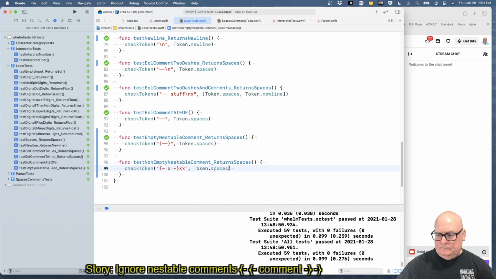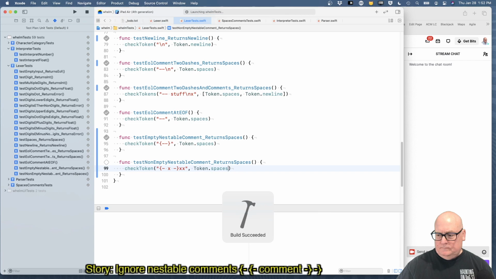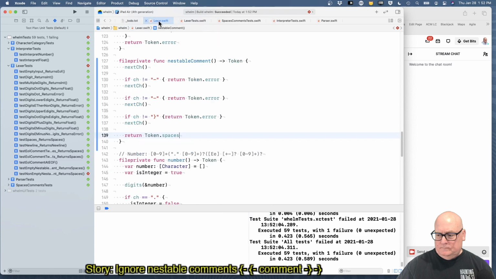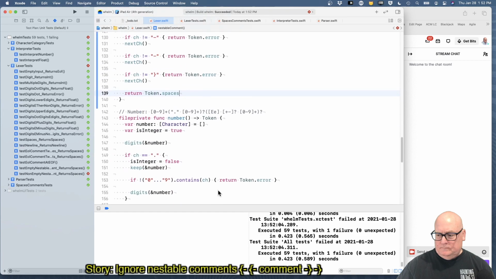Token.spaces. All right, should fail because we require just the 4 characters, not anything else. Okay, now this is where